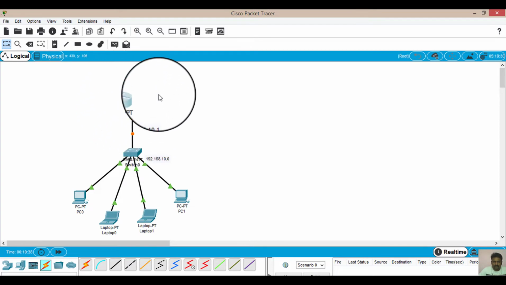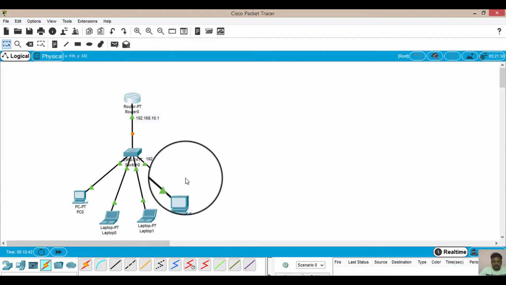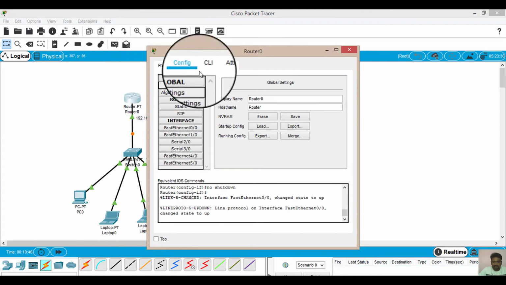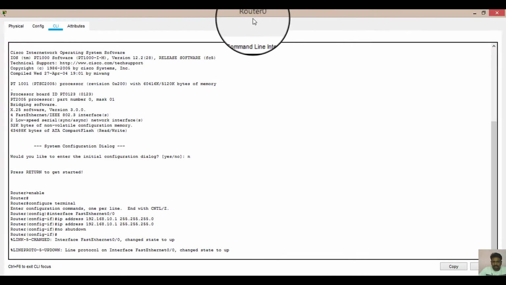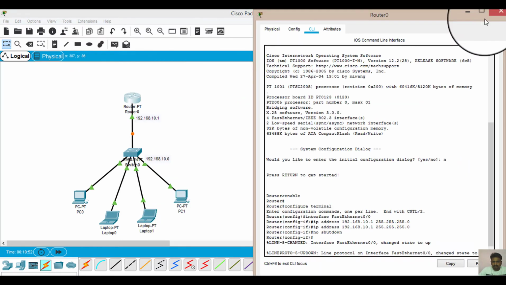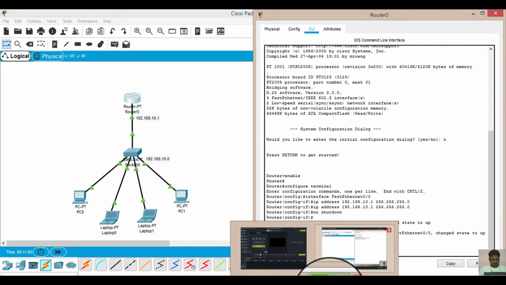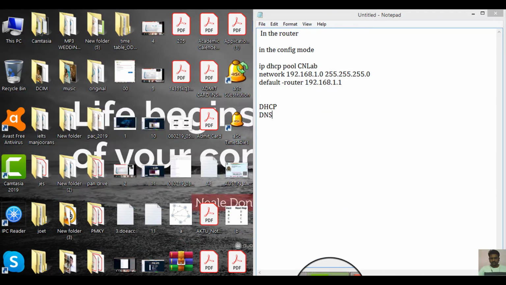Now this router can itself assign IP addresses to these systems. But before that, we need to enable DHCP in it. How to enable it? Come to the command line interface of this router, and I can write a few commands. Before starting, I'll give you an idea of these commands.